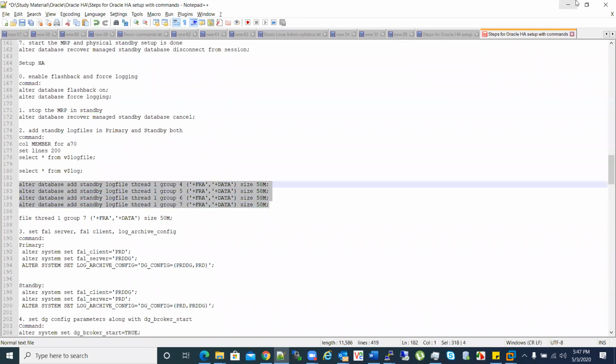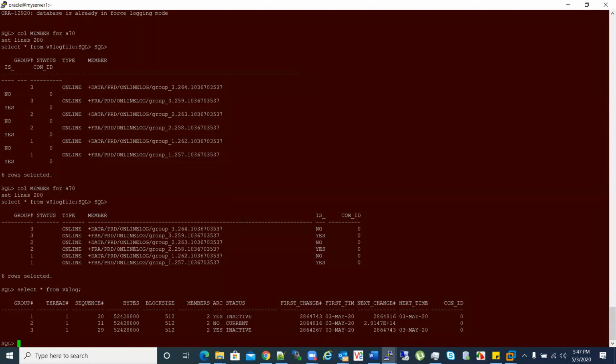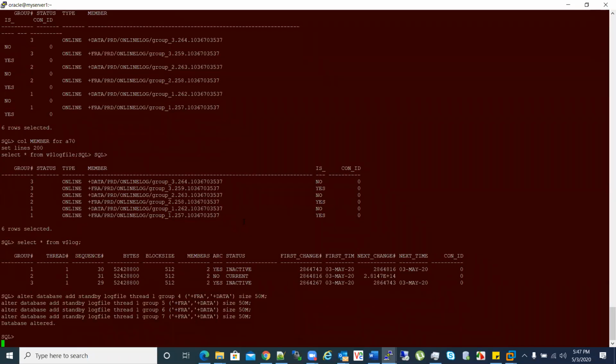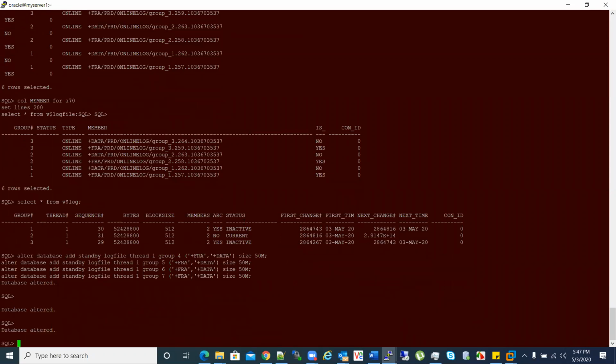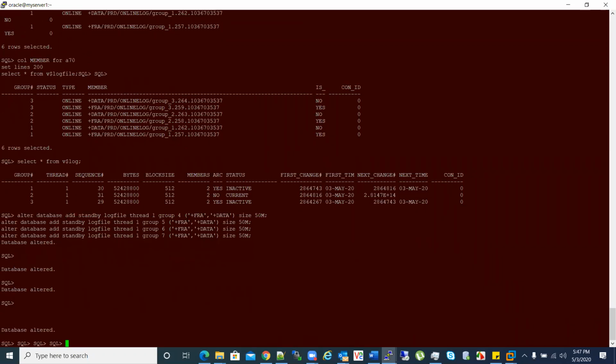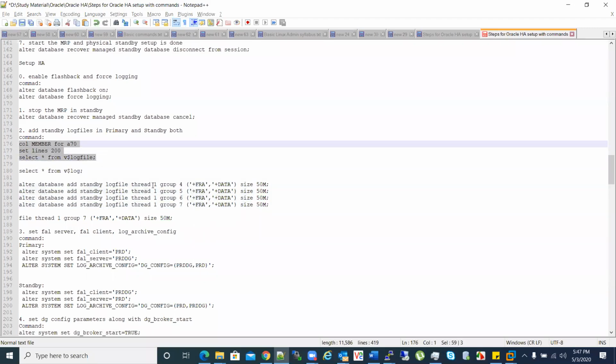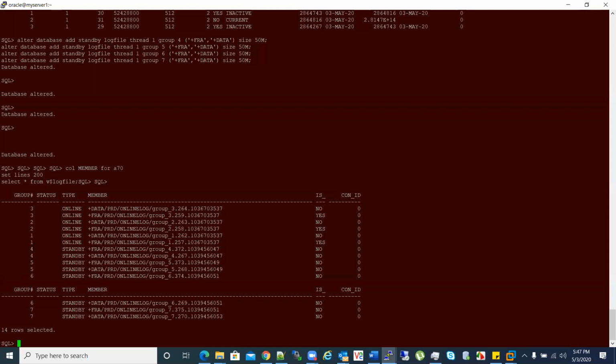It is recommended by Oracle. So I have added those 4 standby log files. Now I'll copy this command and see whether those are added. You can see here the type is standby, groups 4, 5, 6, 7. 4 groups are already added.